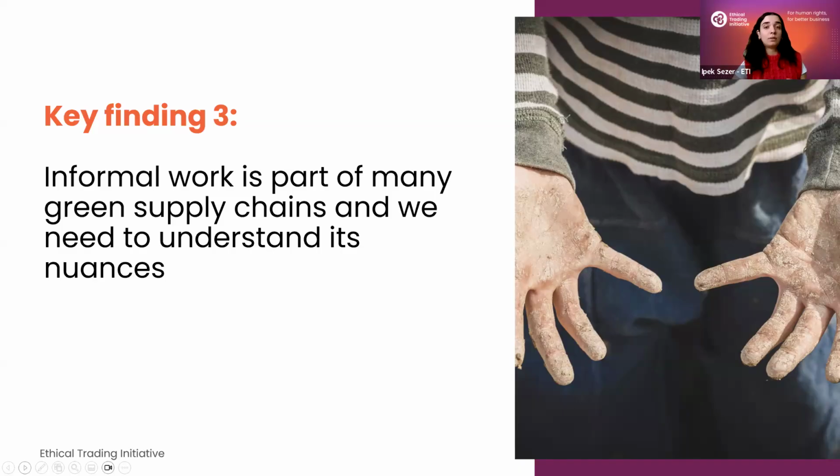One important lesson was that formalization cannot simply be imposed from the outside. Workers often have very real, understandable concerns around reduced take-home pay, taxes, loss of flexibility, or just distrust of formal systems, which we have heard repeatedly. So the lesson is not that formalization is unnecessary, but that transition needs to be gradual, practical, and workers need to be informed throughout. The goal here is decent work and not formalization for its own sake.